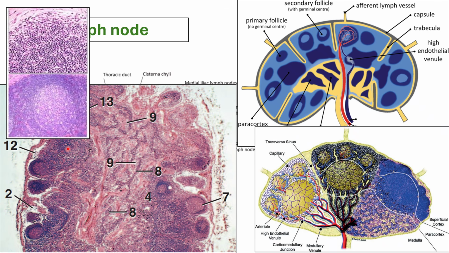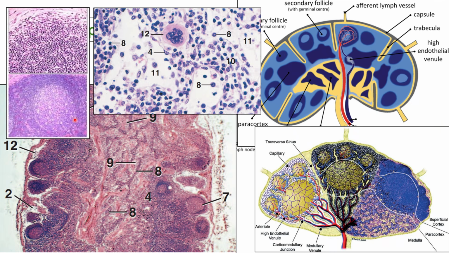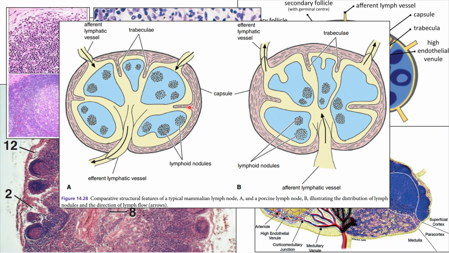Okay? So again, here is a zoomed in view of your medullary area, and you can see you would have your sinuses, and you would have your lymphoid cells, and you will also have your macrophages. And then, especially interesting in our case, since we are veterinarians and we are dealing with more than one species, the pig lymph node is quite special because it does not follow this default system of having the nodules in the outer cortical area.